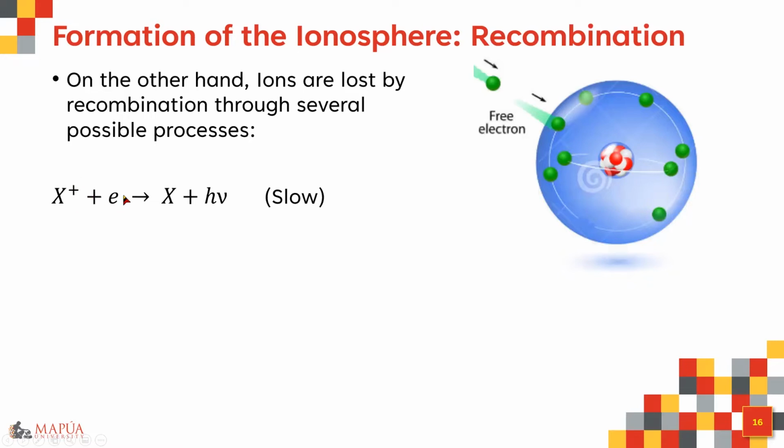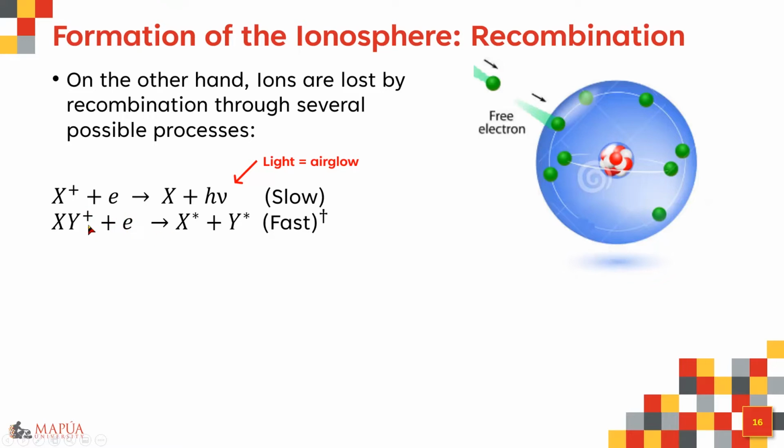So your positive ion recombines with an electron, and that would create your neutral atom plus a release of energy. This is usually in the form of light. And this light is one of the mechanisms that form your airglow. So this is a slow process. For molecules, a bit faster. If a positively charged molecule